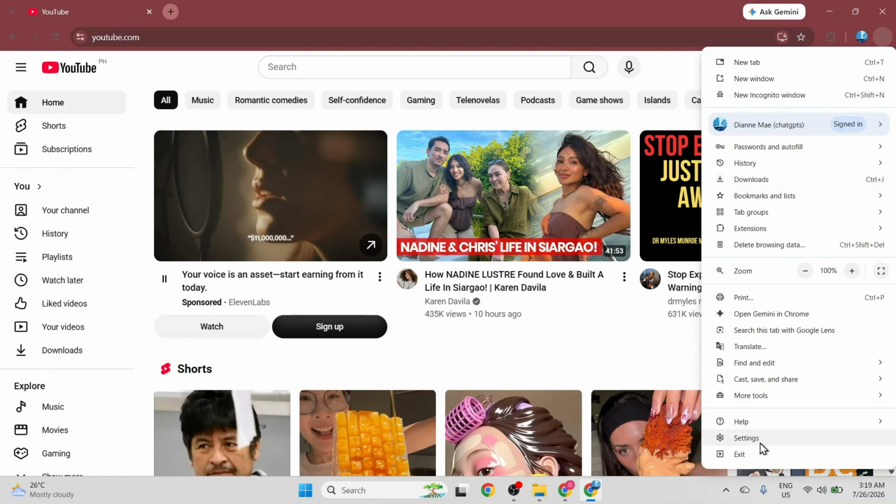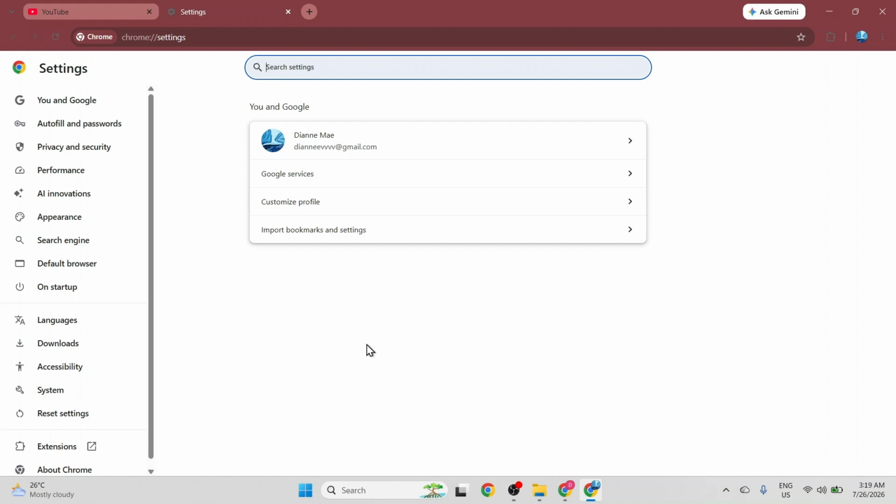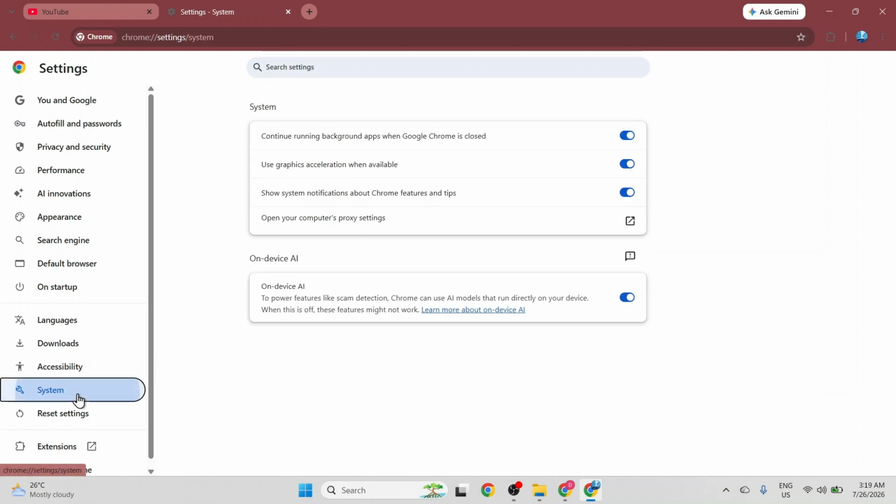From the drop-down options, I select Settings. Inside the Settings page, I scroll down the left sidebar menu and click on System. Here, under the System options, I look for Use Graphics Acceleration when available. I toggle the switch off, and then click on the Relaunch button to restart Google Chrome so the changes take